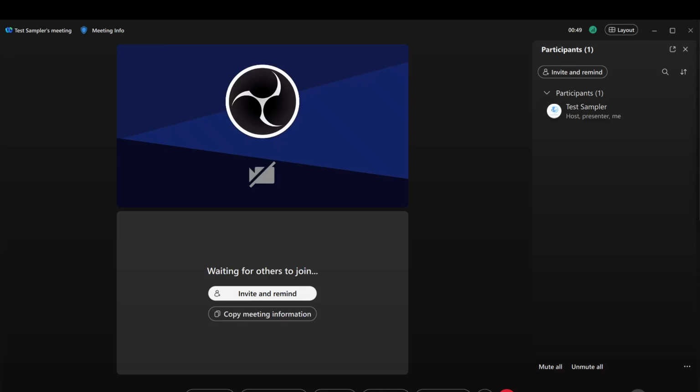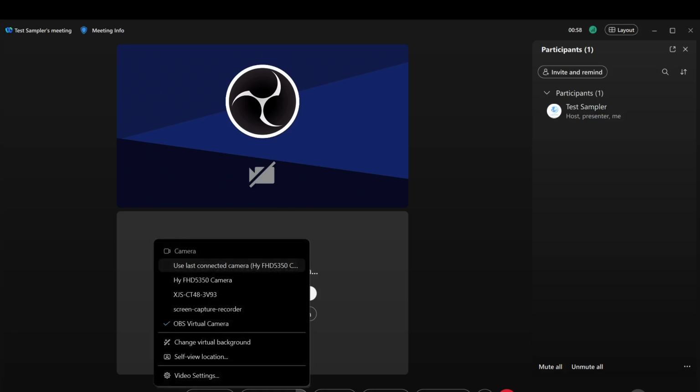In today's video, I'm going to teach you how to fix a WebEx camera that is not working. While inside your WebEx meeting window, start by clicking the small arrow next to the Start Video button. You can also access this by going to the top menu bar, selecting Audio and Video, and then clicking on Camera. This action is crucial because it allows you to access the camera settings directly within the WebEx platform.